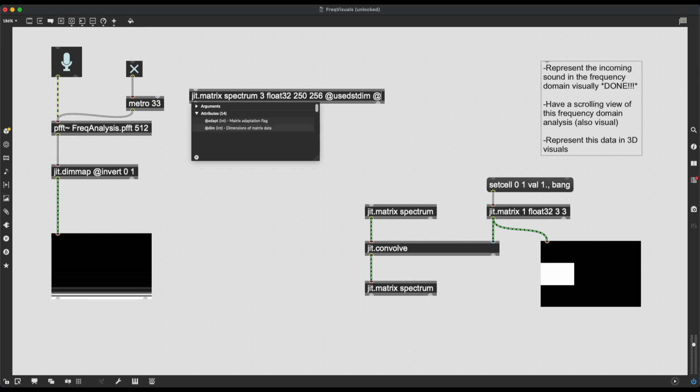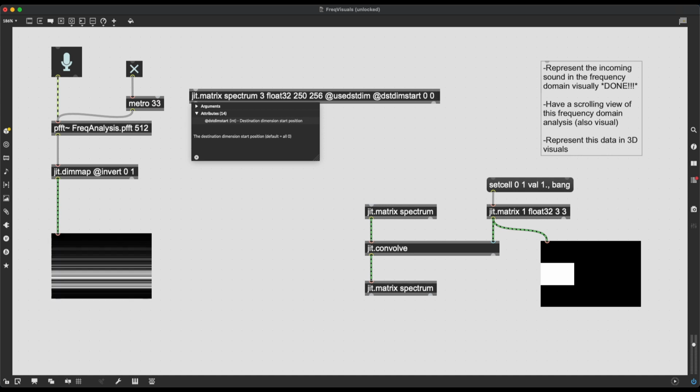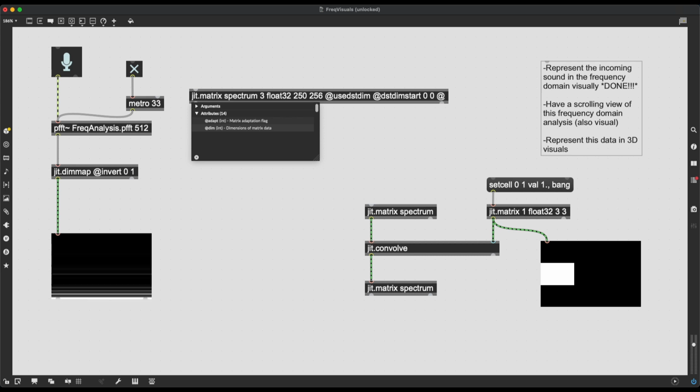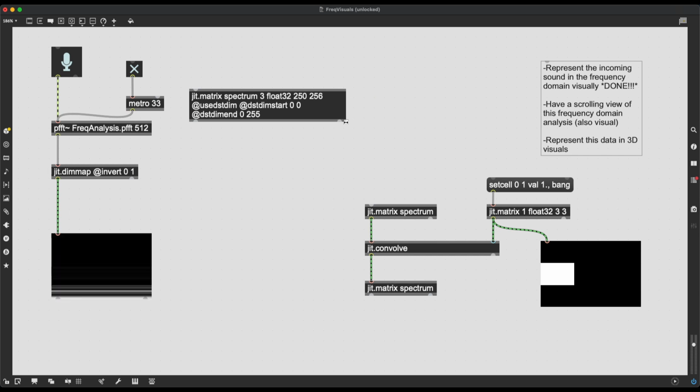Then I'm going to give the attributes, let's see, dstdim start. So when a matrix is coming in, start placing it at, let's say, 0, 0, so the top left, and then dstdim end, and finish putting in this matrix at the dimensions of 0 to 255, so the bottom left corner. So really place it on the leftmost side of my matrix. And if I do this, right,